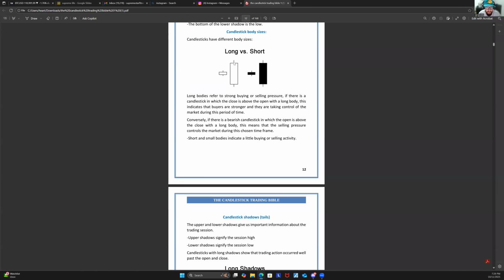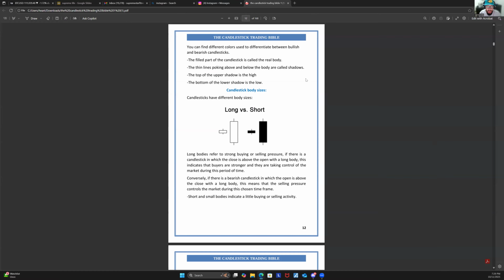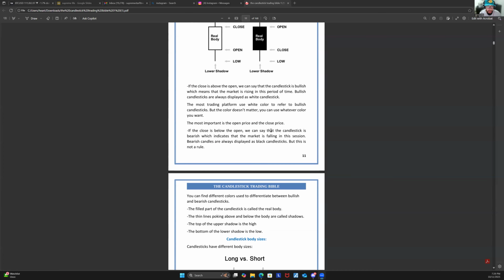We don't need to keep on looking at it for hours and hours and hours. That's not our job. If you can look at it for 2 minutes or 3 minutes, and then you see that the price is continuing up for 2 or 3 minutes, get your money and you call it a day. And you work on other things that you have to do for the rest of your day. And that's the main mission on how to be a great trader and what to do when you're being a great trader. So this is why this is actually very, very important in reading this candlestick Bible, you know?